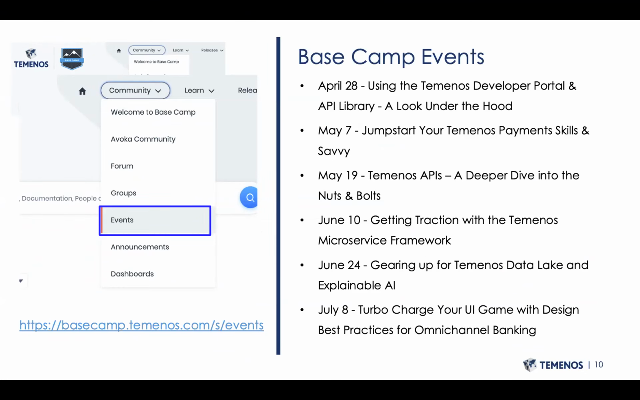We have several webinars coming up, and these are from our best and brightest experts at Temenos. You'll learn a lot about the API library, payments and skills, your payments information. You'll learn about microservices framework, our data lake and explainable AI, which is one that's coming up. It's very popular. In July, we're going to have how to turbocharge a UI game with design best practices for